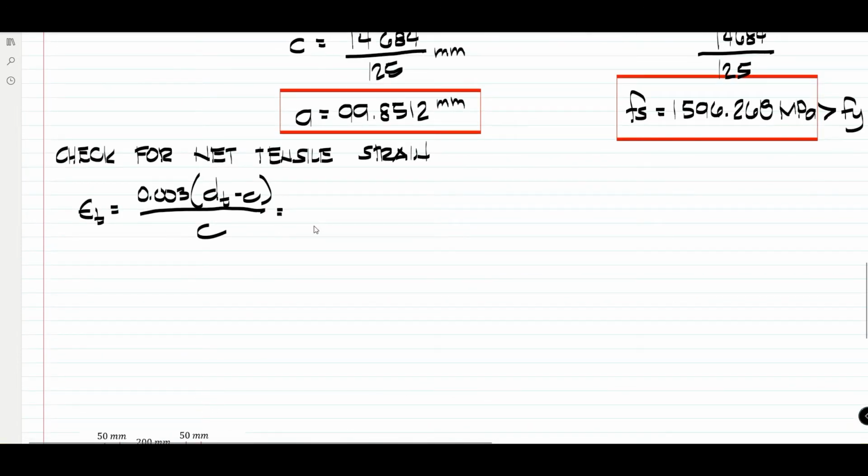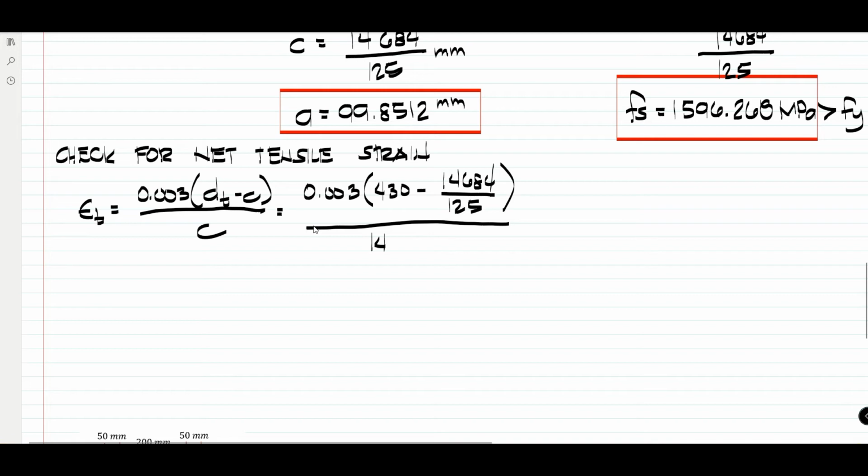So, ibig sabihin that is 0.003 times dt, which is 430, minus yung c natin na 14,684 over 125 divided by the 14,684 over 125. So our epsilon sub t now will just be equivalent to a value 0.007981. So this is far greater than 0.005,